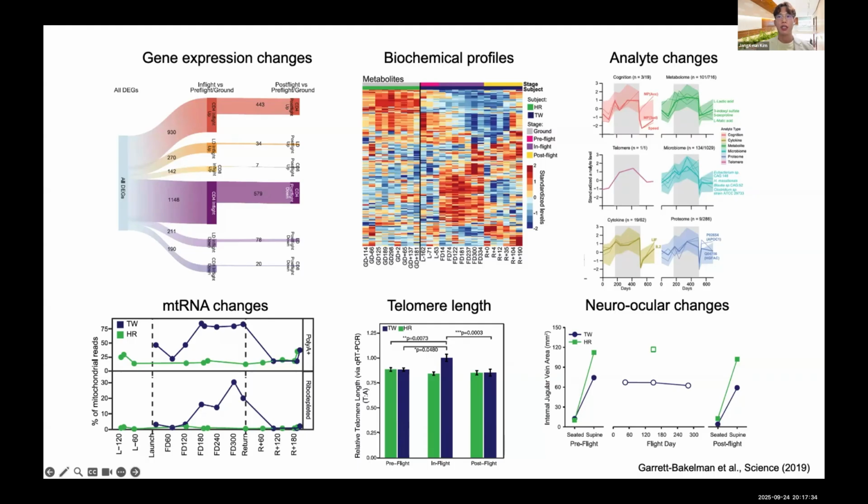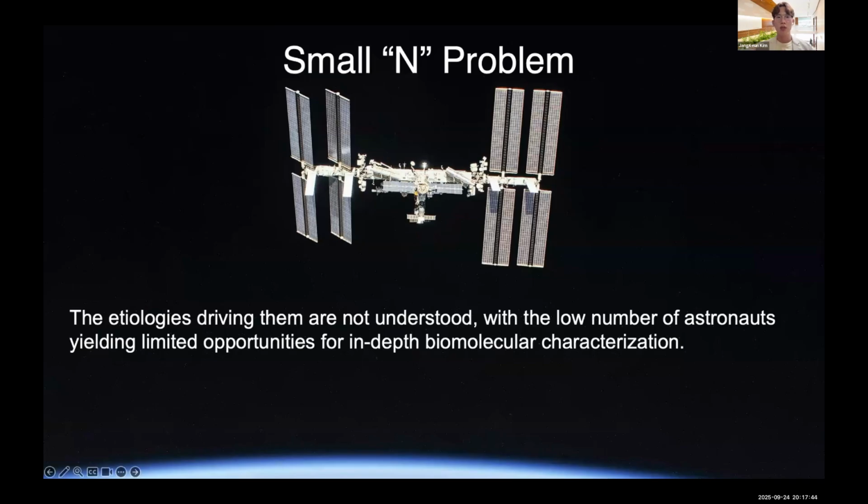So we started to understand what's going on at a molecular level, which could support and provide explanation of the physiological changes in astronauts. But still it was a small n problem. There is only one control and only one astronaut. So we were trying to find another opportunity, but collecting samples from government astronauts is a little bit tight and not flexible.